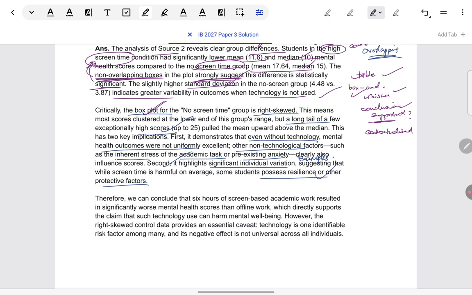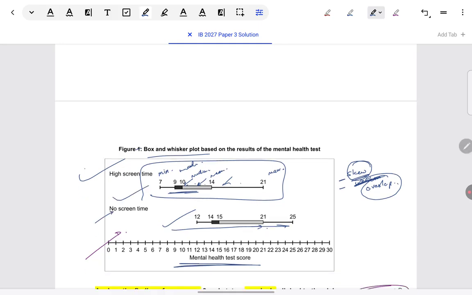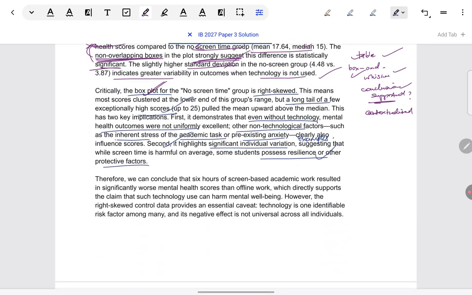What we do constantly, I want to emphasize: contextualize, keep the larger claim in mind. We keep talking about that. That's what makes for a superior answer. Weaker answers are generic. They just read what is on the graph, not thinking about the claim at all, not linking interpretations back to the claim. Those are weak answers.